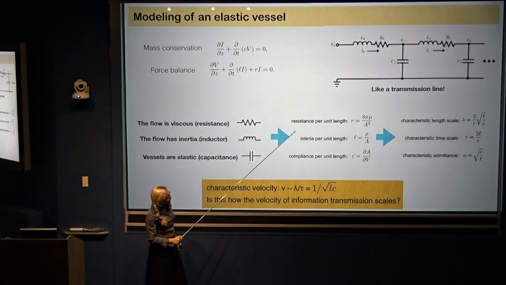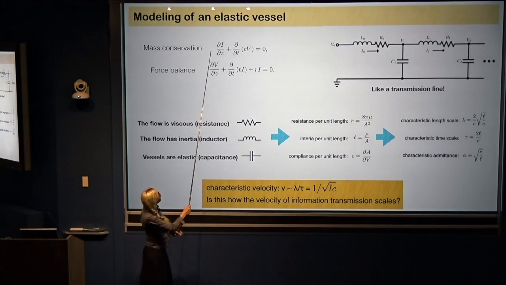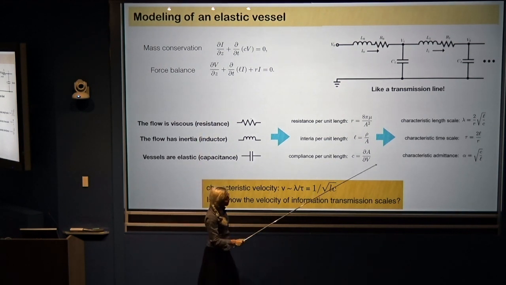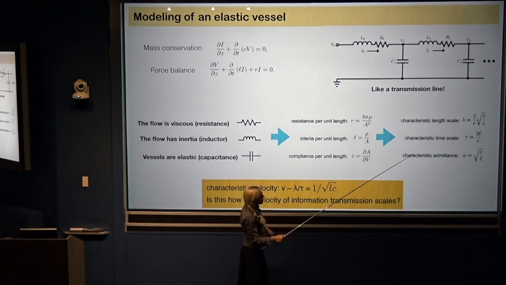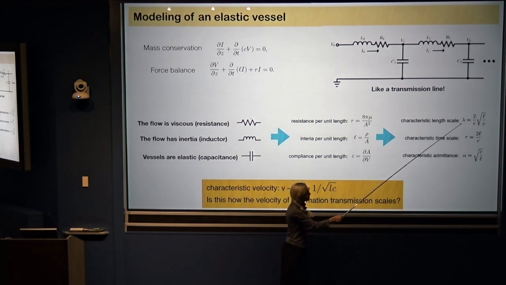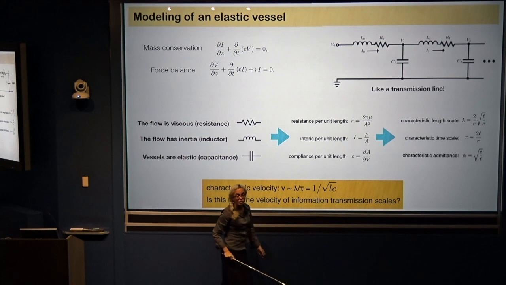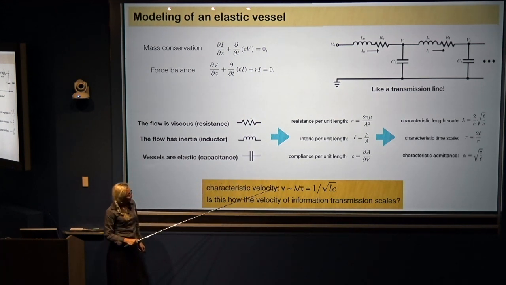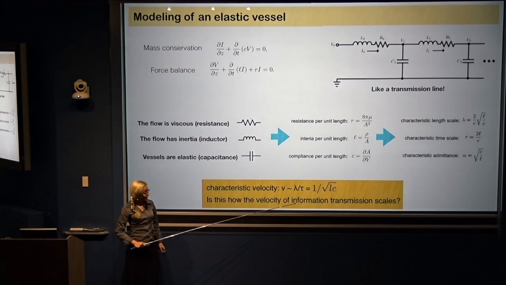And in fact, I can take my original parameters here, and I can rescale things. I can have a characteristic length scale, which depends, this is important, on the capacitance or the compliance of the vessel, and a characteristic time scale and a characteristic admittance, but you can forget about this because this is not going to show up. And I can take these time scales and say, okay, there's a characteristic velocity. Now, is this